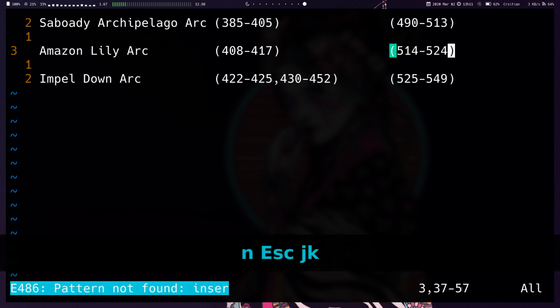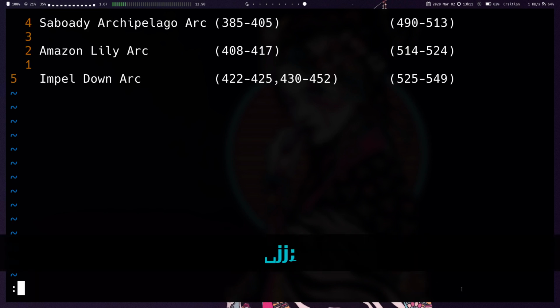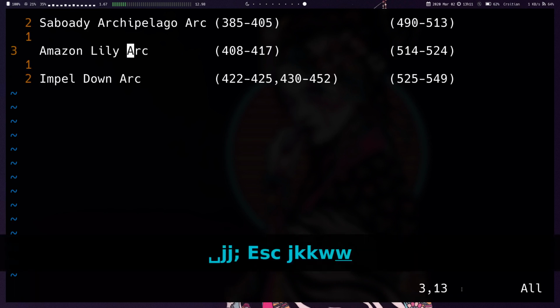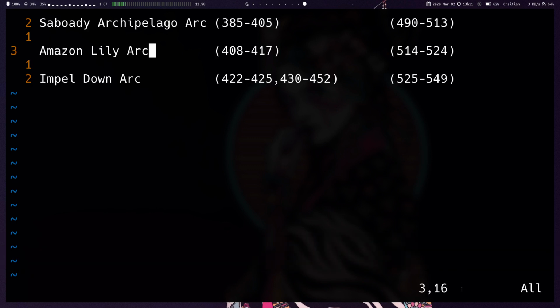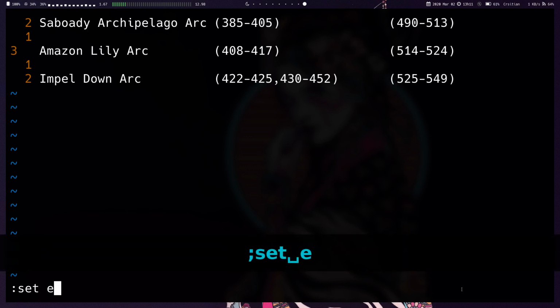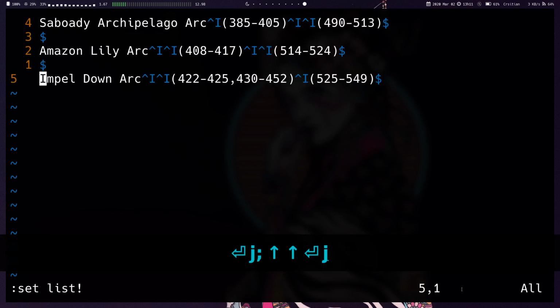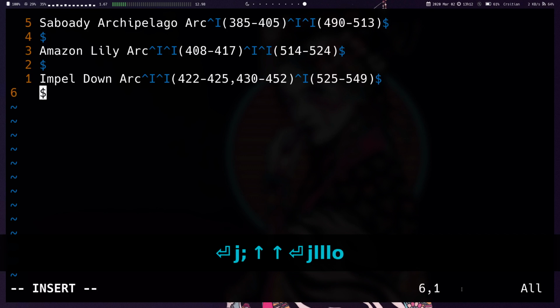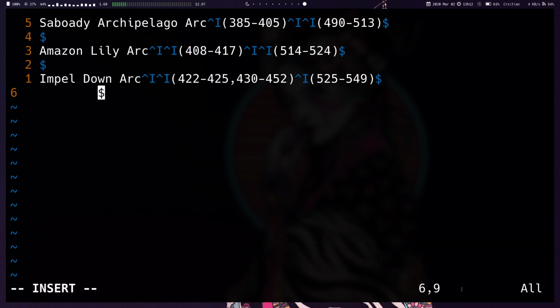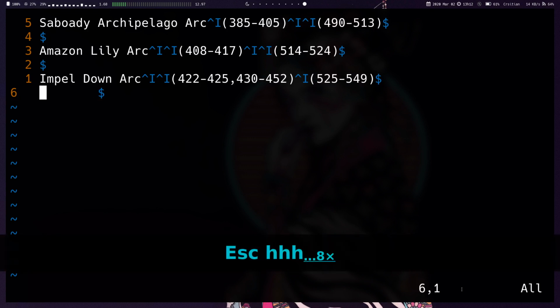I don't know what that error is. So I've got the default Vim settings for tab characters and tab spacings. If you are the sort of person that has the option expandtab on, what this does is whenever you insert a tab character, if I insert a tab, as you see there, no caret I gets inserted, it actually inserts spaces. So now there's 8 spaces here. If you are this type of person,